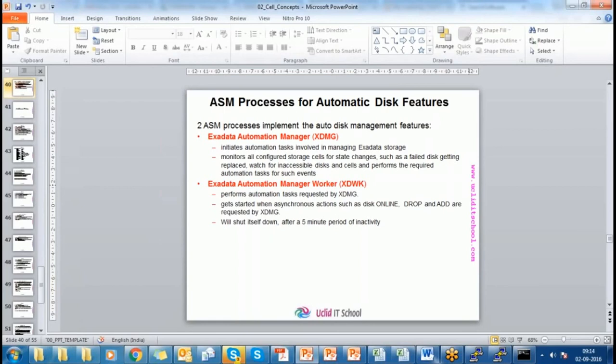So if both fail, automatically it will fail over to the disaster recovery area? No, DR, you are talking about standby? Yes. If we have two failure groups and both have failed, then you should have implemented a DR, the standby database.